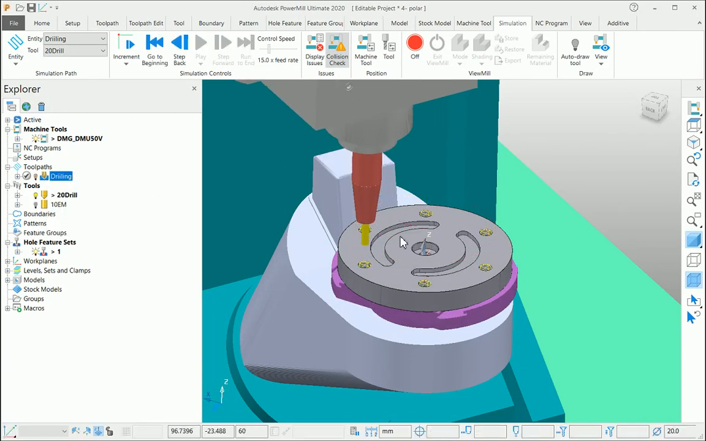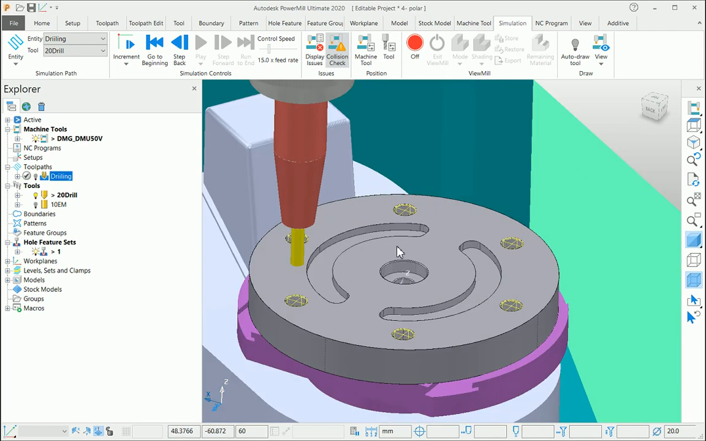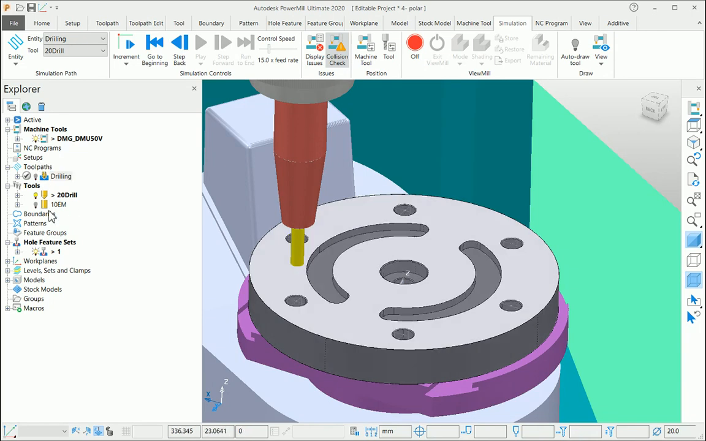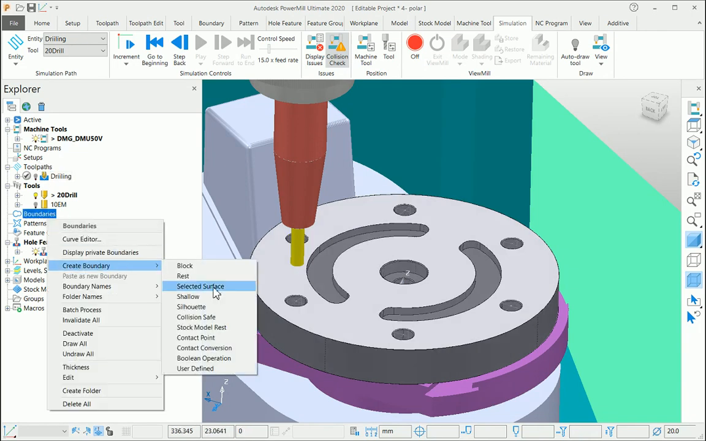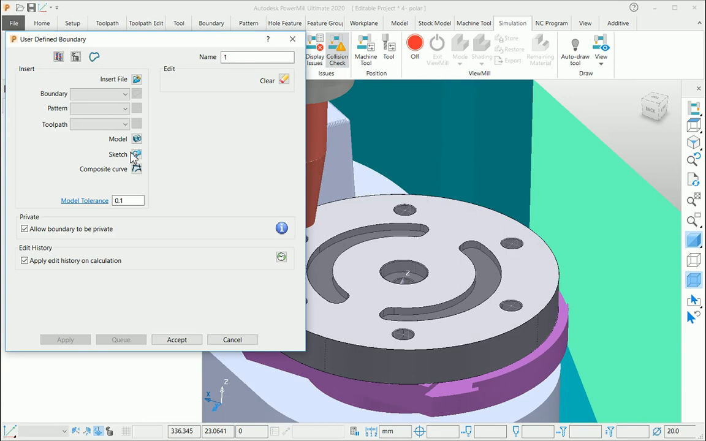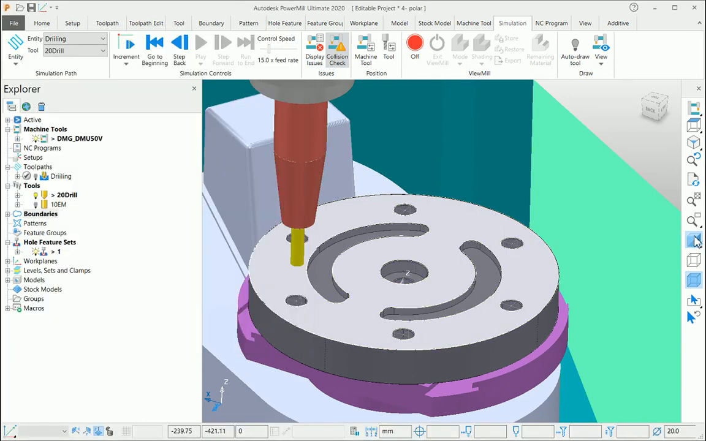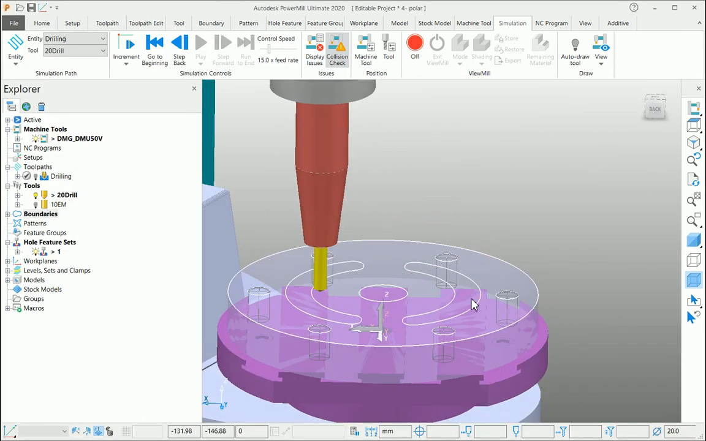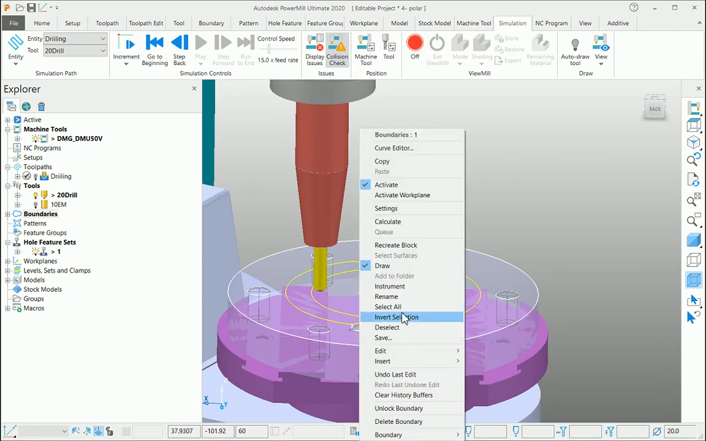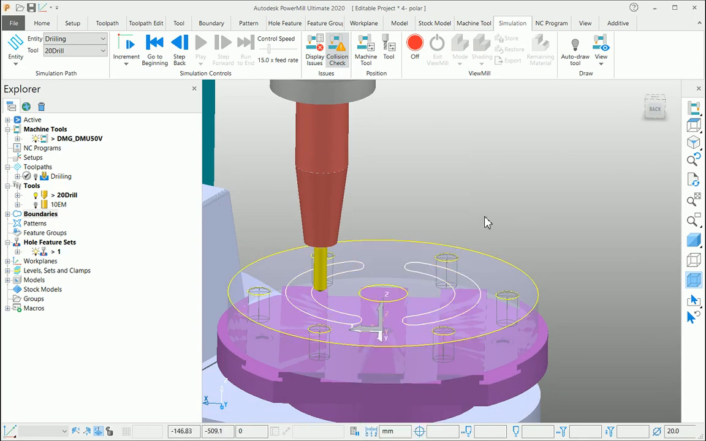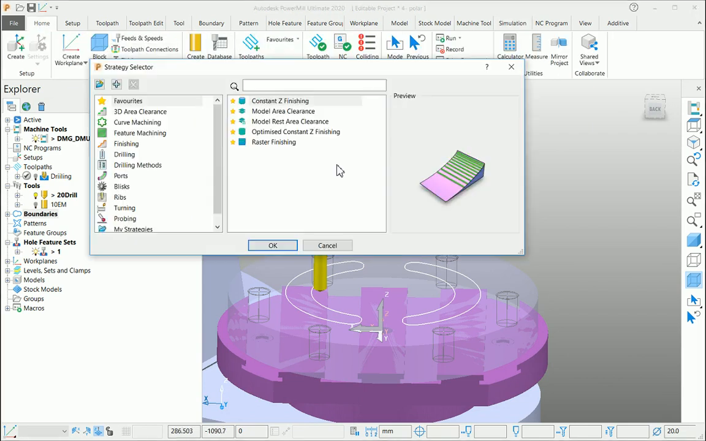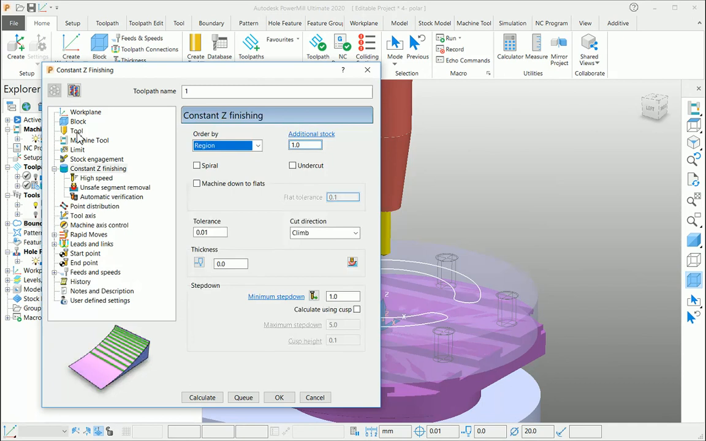I'll show you one more example of creating a milling toolpath on this part for this particular slot. For that, I'm selecting the top surface, creating a boundary over that surface here using a user-defined boundary. Switch off my model for a while and select these two slots, right click and say invert selection to delete the rest of the boundary. So for this, I'm creating a constant Z toolpath here. Select the tool,